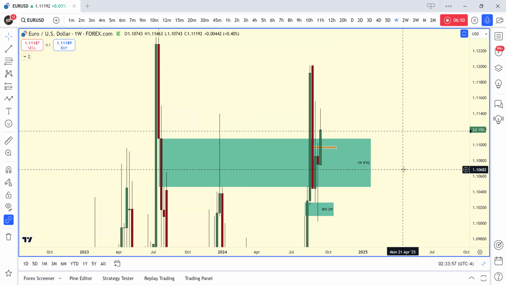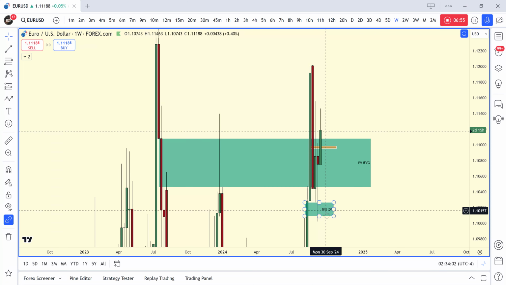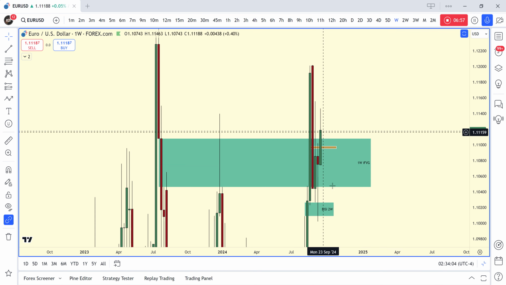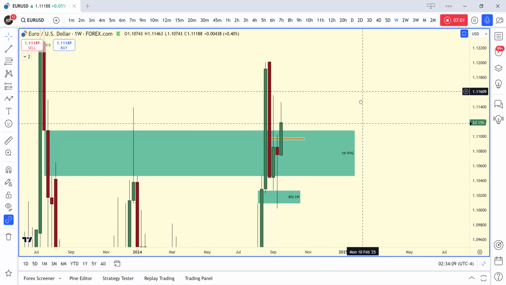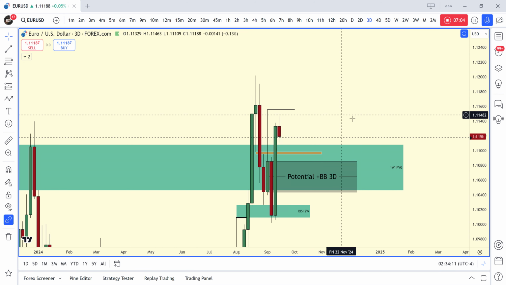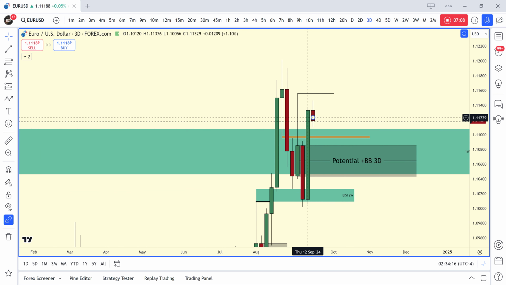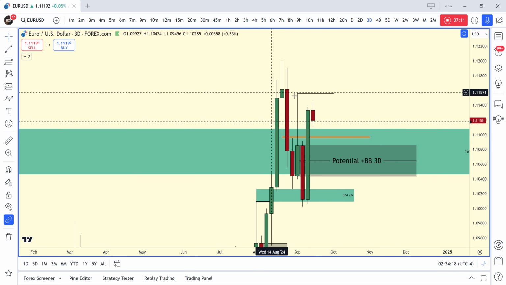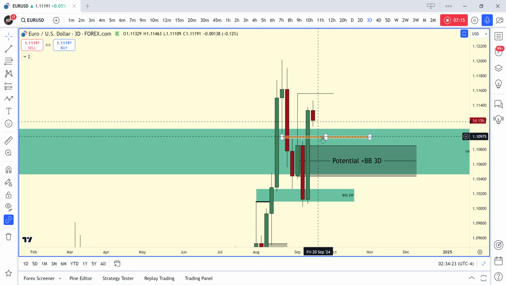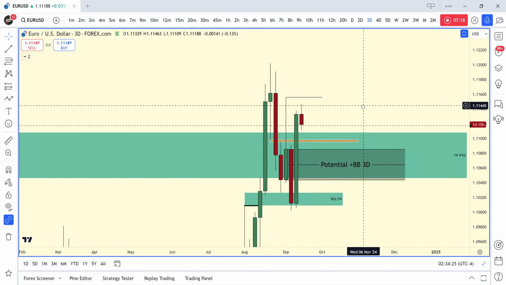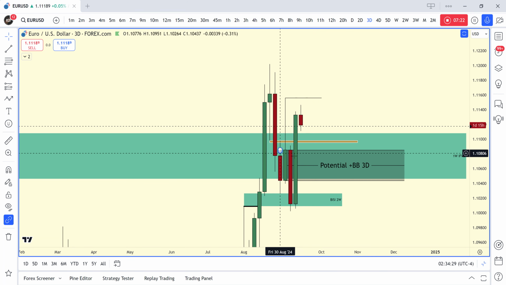1-week inversion gap over here. Potentially move higher. We came into a 2-week gap, we expanded. I'm not expecting us to go super low, although we may. I'm still anticipating possible higher prices because we have this 3-day potential bullish breaker here. Nice close above. We traded into this order block, came down to the 2-week gap, expanded above. I'm expecting a bit more lower prices before potentially coming higher and taking out this external range liquidity of this